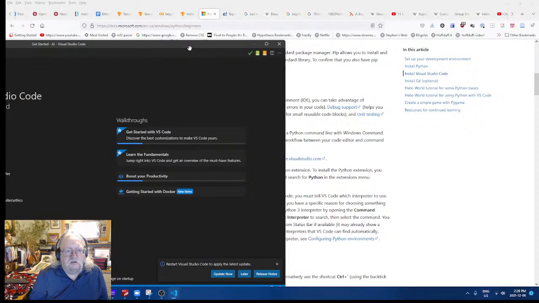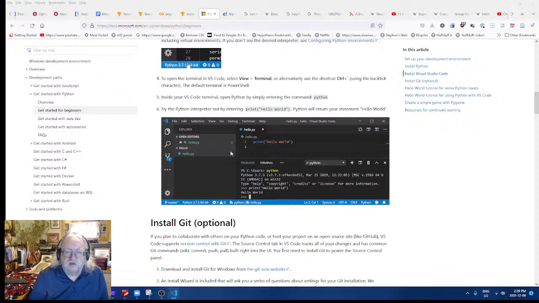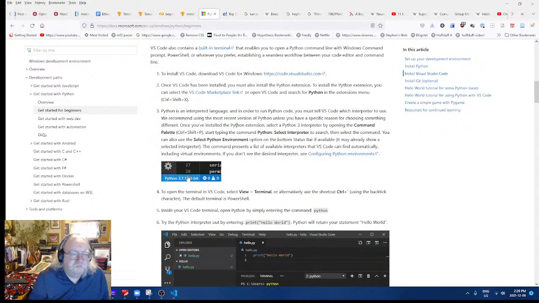Okay, so let's just move this to the side for now. Okay, we've got it installed. So I have Python and I have Visual Studio Code already installed, so that's a bit of a shortcut there.